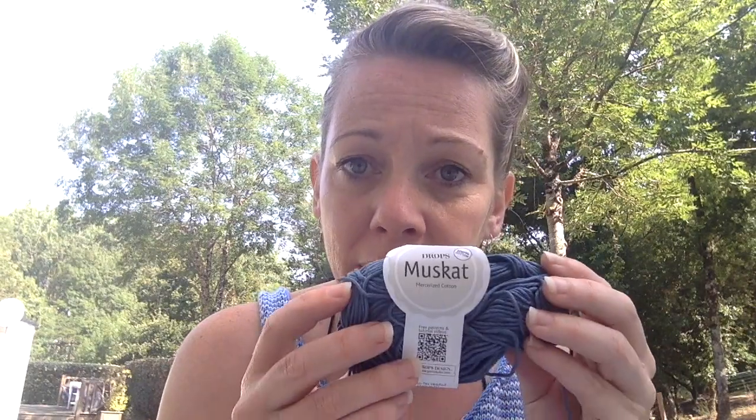Now you understand why I'm trying to work through my stash, because I've done things like this, can't remember even casting it on, even buying the yarn, where I bought the yarn from, and so on. But it's really nice. It's a little bit mercerized, so the blanket is quite stiff, but yeah, it's really lovely. One of those ones that's nice to keep